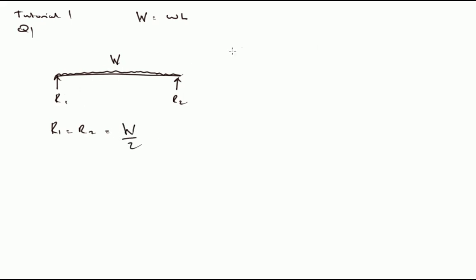Okay, so for the shear force then, which we will draw as V, we will come to a negative W divided by 2 and a positive W divided by 2, and then we will get some line, because it's a UDL, that